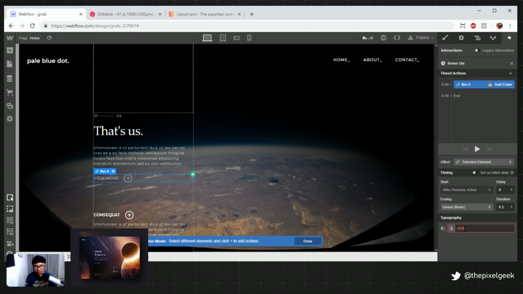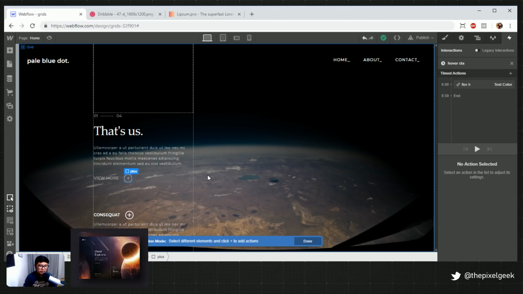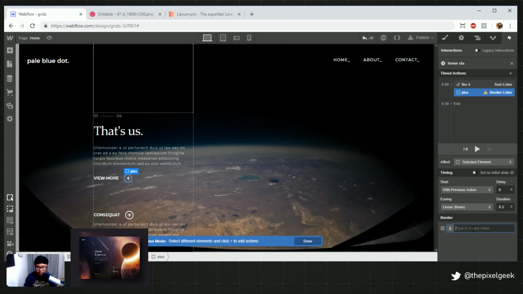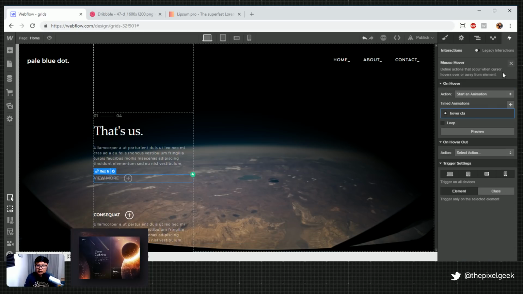It's gonna turn into white. And when I hover out, I have that saved as a swatch, so I can do it later. Alright, so this plus right here, border color is also going to be white. Cool. And then, let's press play. There we go. Simple. Done.